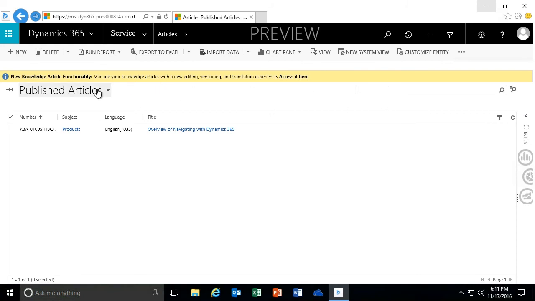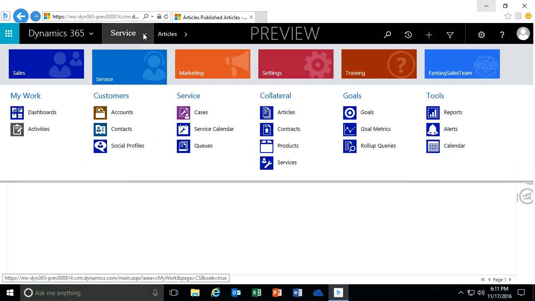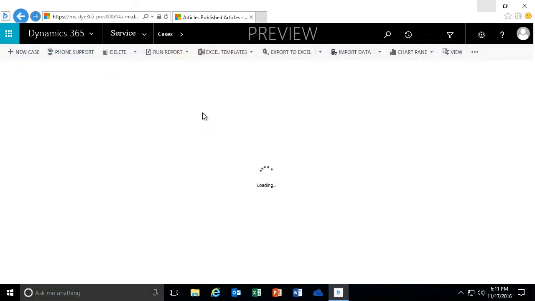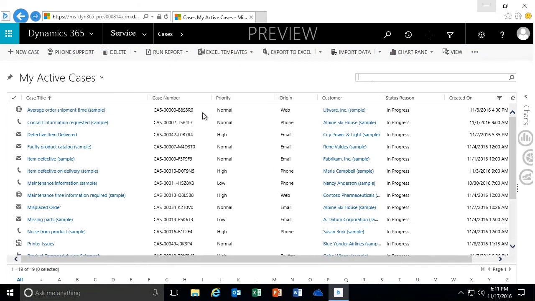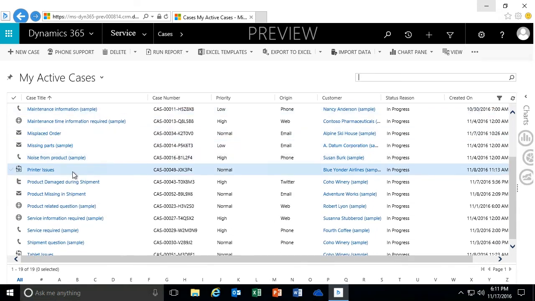And we'll just get our default records back as we need to. So just kind of give you an idea about how you can use the searching, but the other way also, what's really nice is a lot of times we might want to be able to search for articles when we're relating to cases. Well, out of the box, when we actually have the full text search turned on,